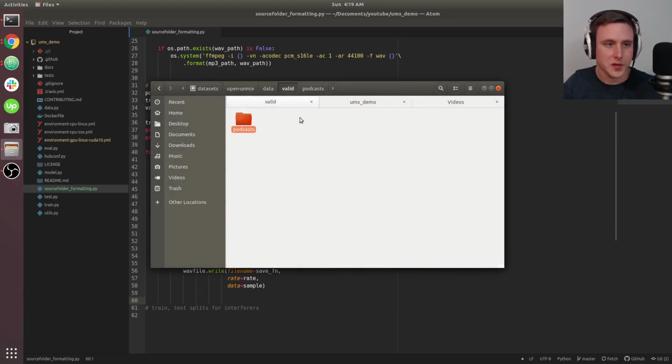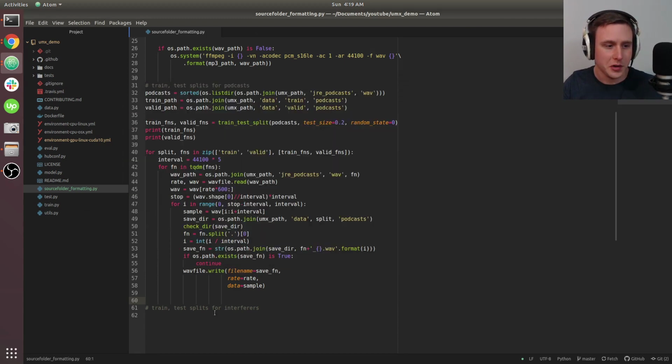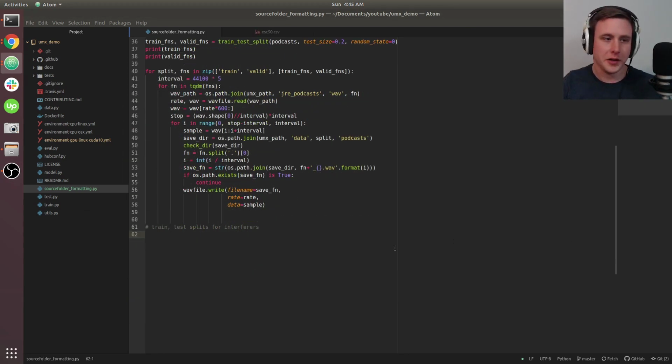Cool. So it'll do this for validation. It'll do it for training. And that's your podcasts starting to split up. All right, so now we're going to start to iterate over the ESC data and creating train test copies for